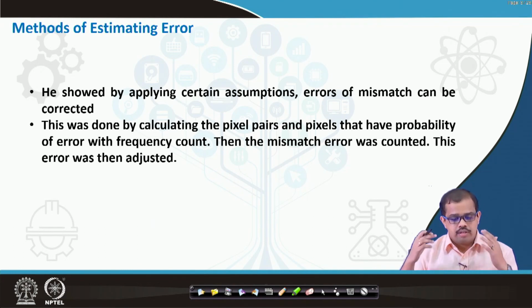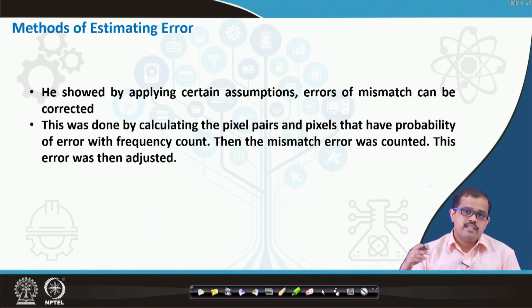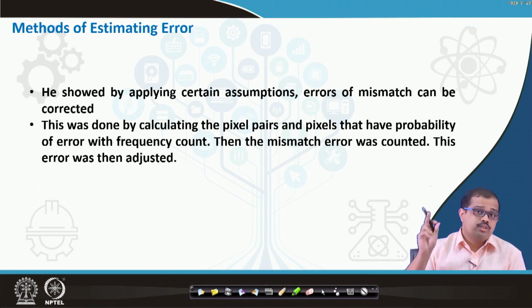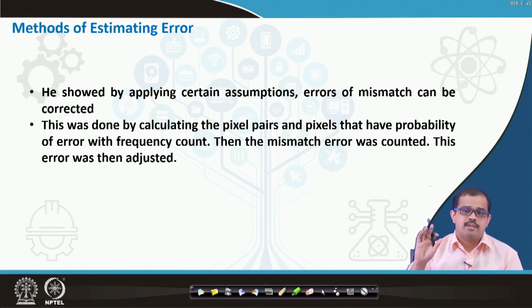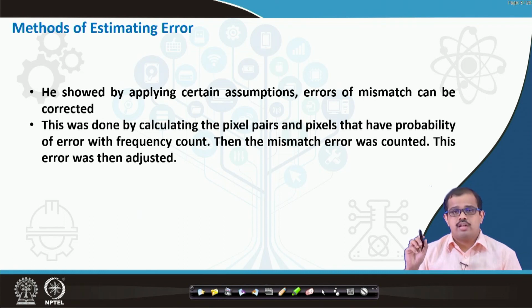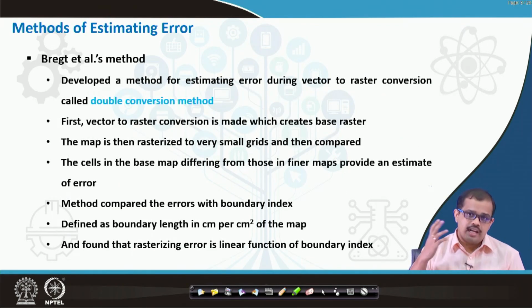Okay. So, when you are looking at these pixel pairs, with each pixel having a particular probability, and looking at the frequency count, he just estimated. But the major thing is that he missed out the locational information that is necessary for any GIS data. Without tying it to the locational information, any method can fail in terms of providing the error details in a much larger context. If you have much bigger vector layers, then it is extremely difficult for us to find out the error.